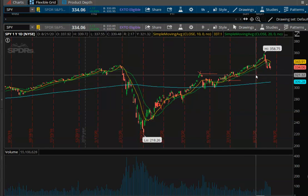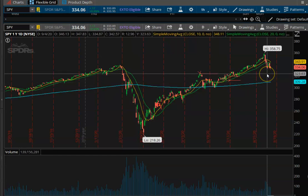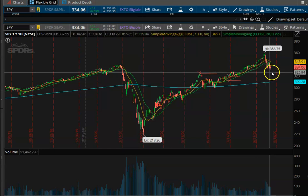It's somewhere in the 321s, and the 200-day is at 308. So that's pretty far. And again, this is what you get when you have a market that melted up and was at all-time highs every couple of days: when it does correct 5 or 6%, it's huge. It's a big retracement. So if we don't hold those lows early, I would expect that we're going to get down here a little bit closer, probably under 330, somewhere in that area, the 325s,